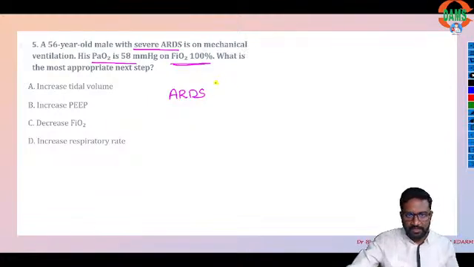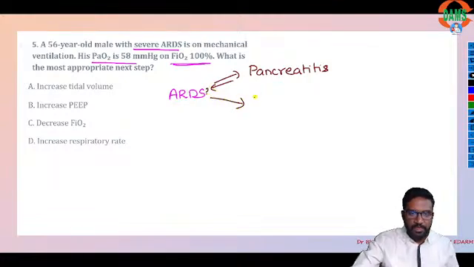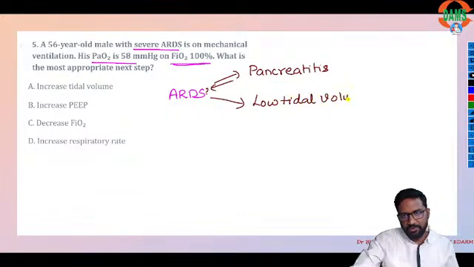They can either give you a pancreatitis situation and ask what this patient is having. Then they might ask how much tidal volume you should give: low tidal volume mechanical ventilation. They might ask, not improving,